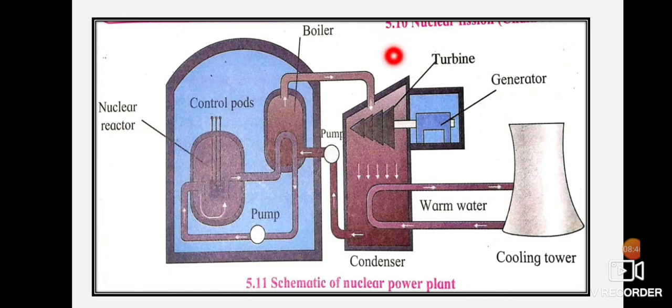When the steam passes through the turbine, it gets converted into water, which is warm, because steam gets converted into water. The warm water goes to the cooling tower, where the temperature of the water reduces. It comes back to the boiler, where it again utilizes the heat given out during nuclear fission. Water boils, gets converted into steam, and the cycle repeats.